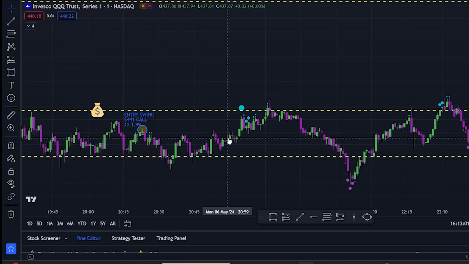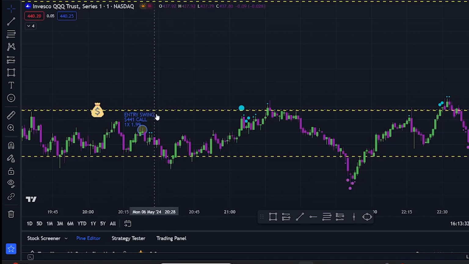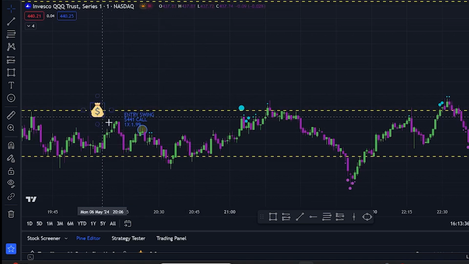And I explained to you guys in the last video, I got in on this call particularly because the market was moving kind of slow, and with these options that expire on the same day, if you get in around the afternoon session, it has to be like in and out. So you've got to be real quick. If it starts consolidating or moving sideways, the theta is just going to destroy your profit. So instead of getting into an ODTE option in the afternoon session, I got into a swing.